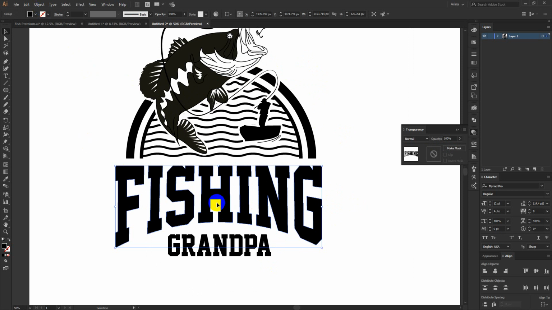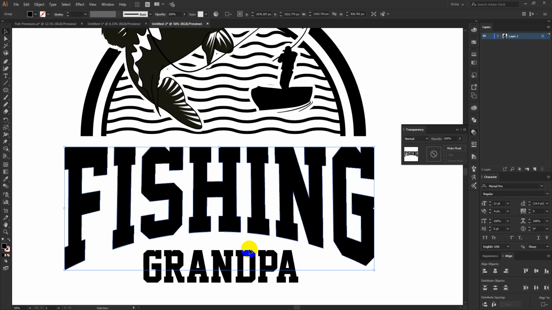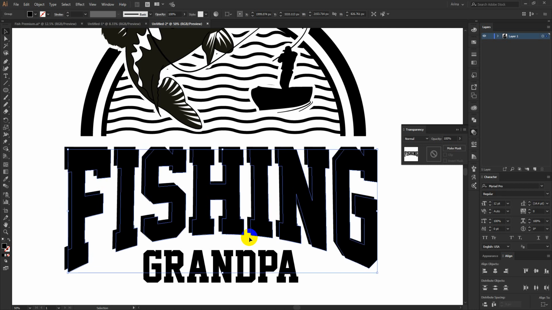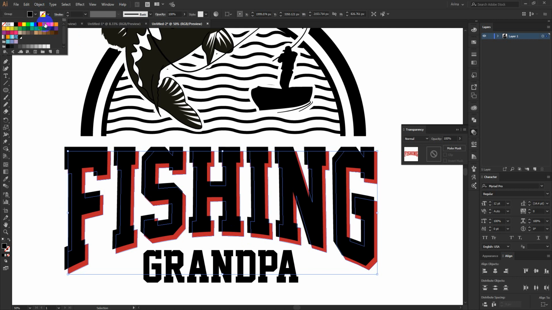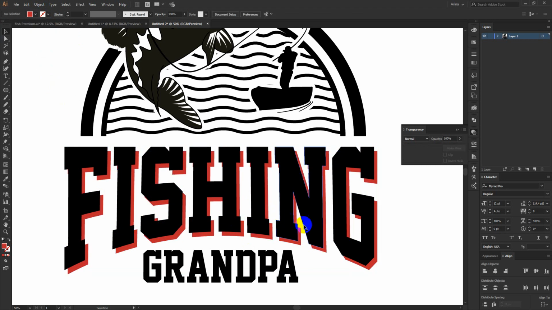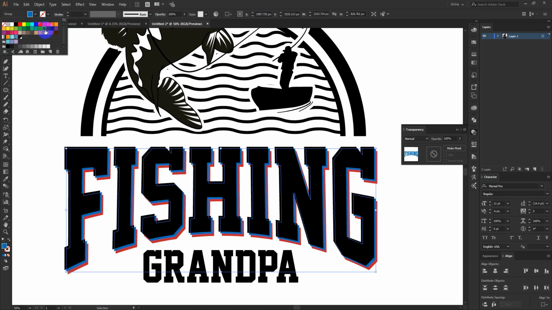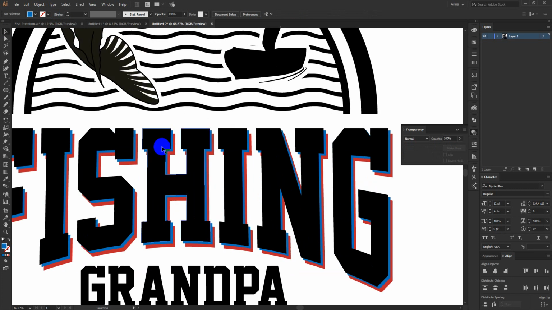For that, you need to put some attention here. I am copying this one, Ctrl C, and pasting that in back, Ctrl B. As you can see, now I have two different layers. Let me just change the color here to understand better. Okay, now one is black, one is red. Now I'm selecting my black one again, copy and paste in back, Ctrl B. I have another layer. Let me change the color. Okay, now this is my three layers. Black is original and these two are behind.